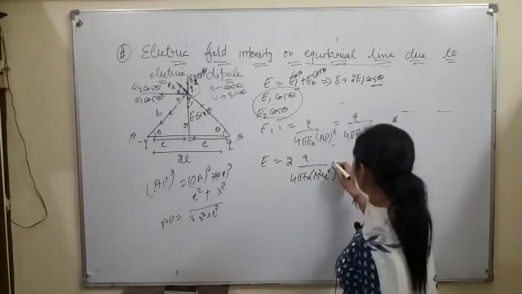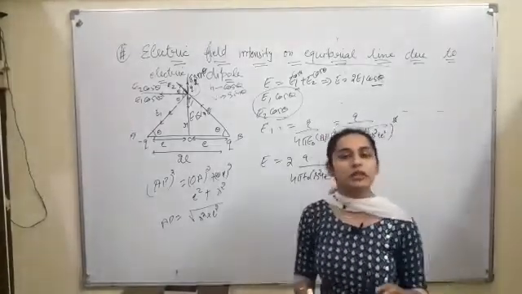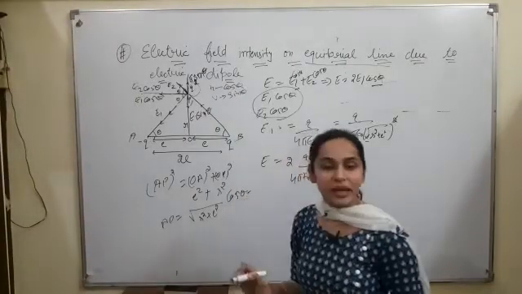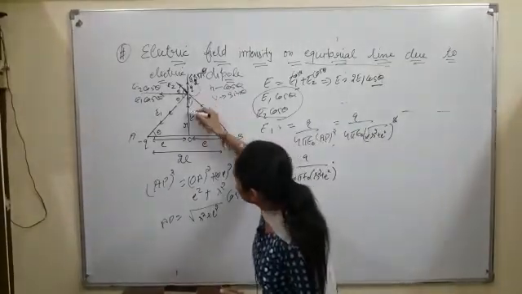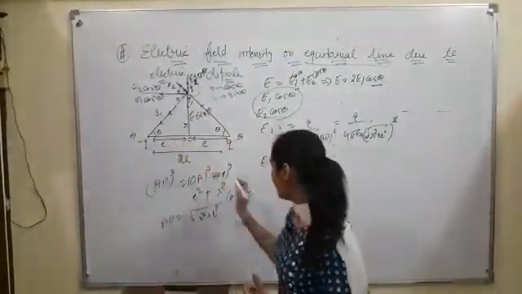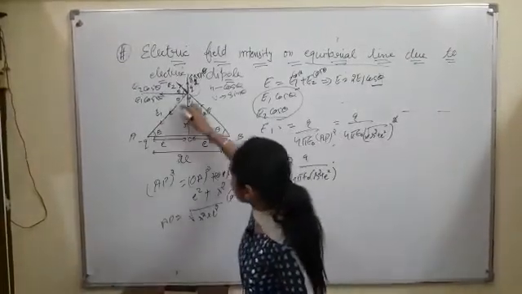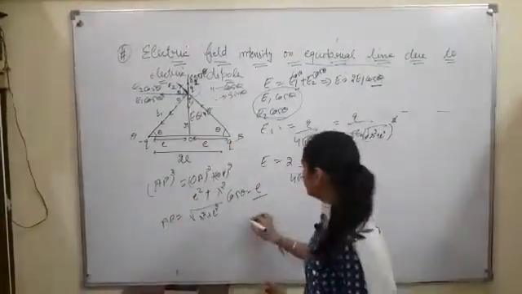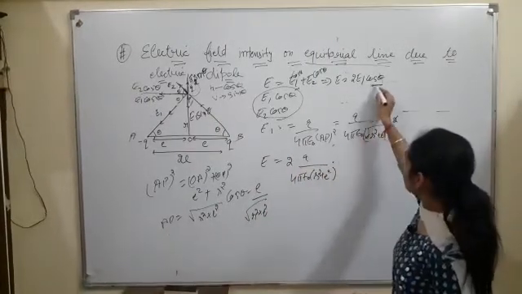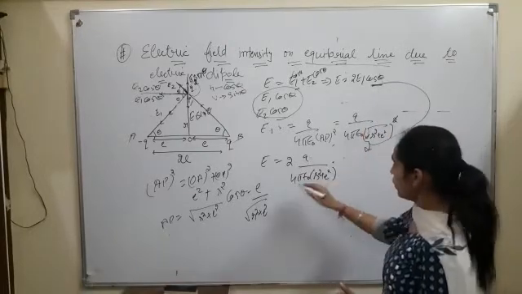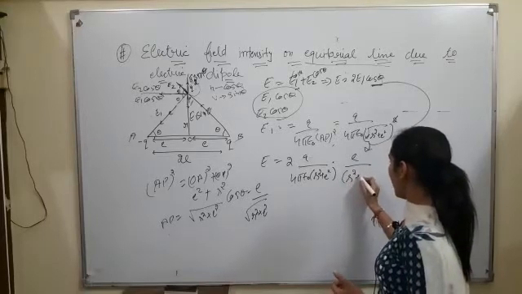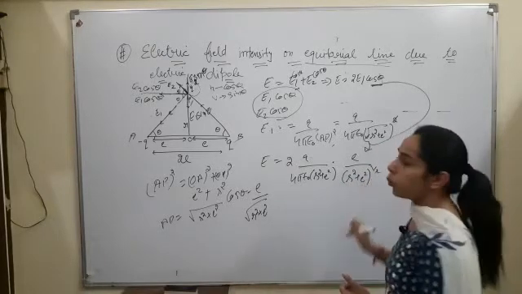Now, what will be the cos theta? As you have done in T ratios, cos theta is equal to base upon hypotenuse. Suppose I am taking this right angle triangle only, what will be the value for cos theta? Base I have L, hypotenuse is AP, we found the value for AP, that is the square root of R square plus L square. Now I can put the value of cos theta over here: L upon root, or in place of root I can write R square plus L square raised to power 1 by 2.